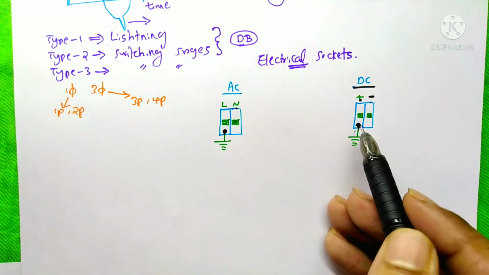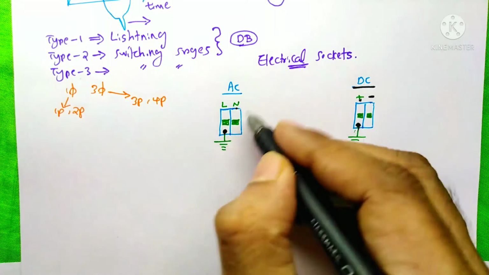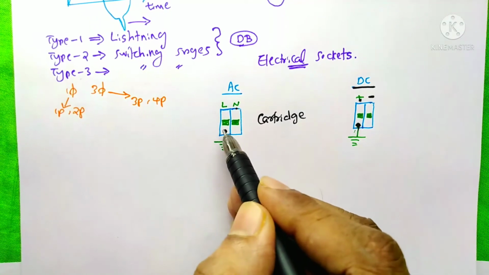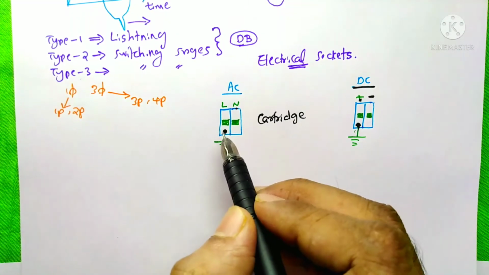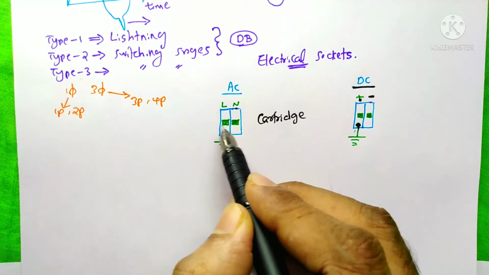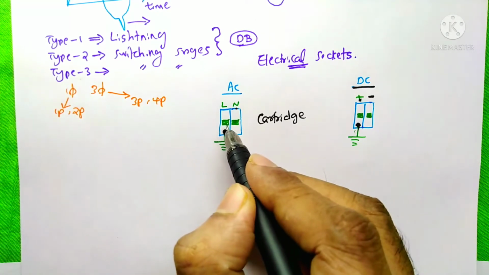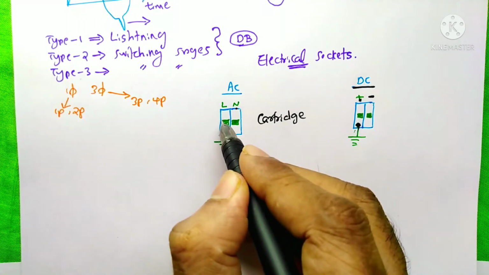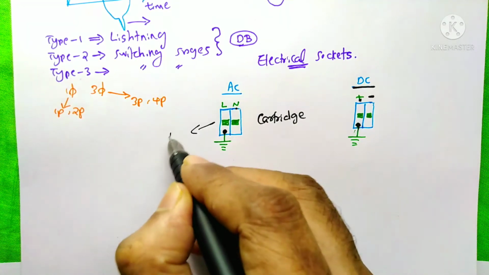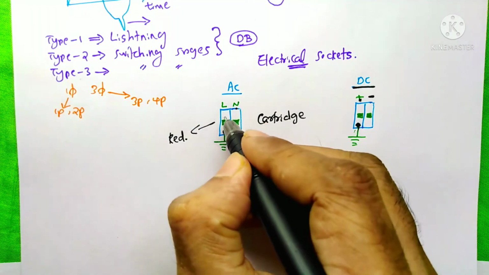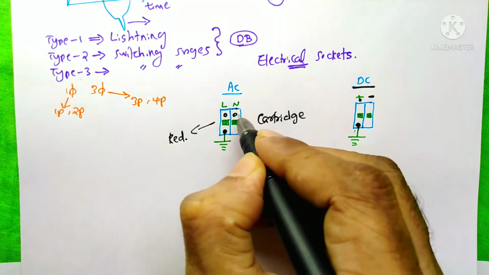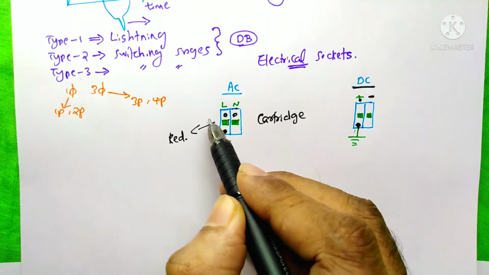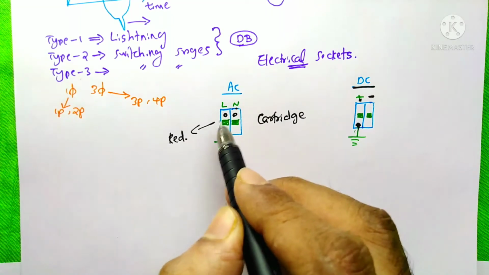Each SPD, whether AC or DC, is comprised of cartridges. We can easily take out a single cartridge if it is damaged. On each of the cartridges you can see a green portion like this. It indicates it is in good working condition. If it is damaged or burnt out, you can see a black or red color on this part. Also, on some SPDs you can see a blinking light over the SPD. If it is in good working condition, this LED blinks green. Otherwise, if it is damaged, it blinks red.